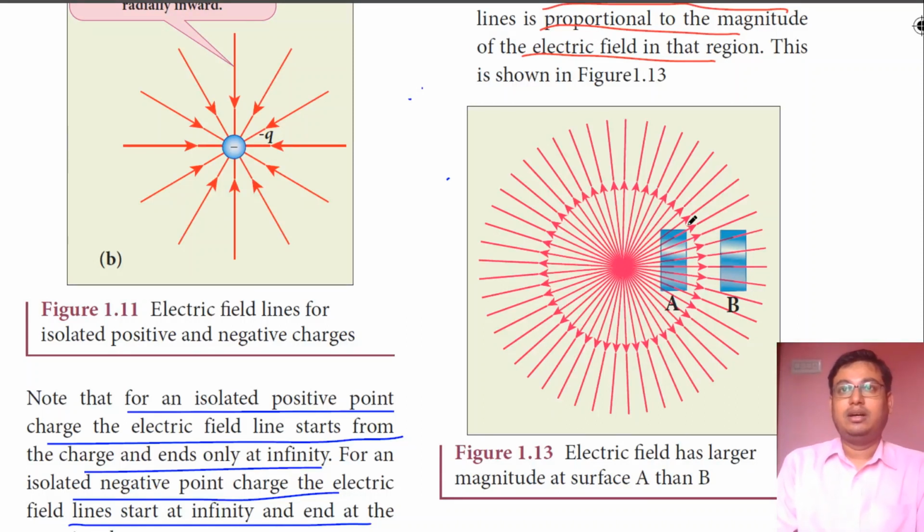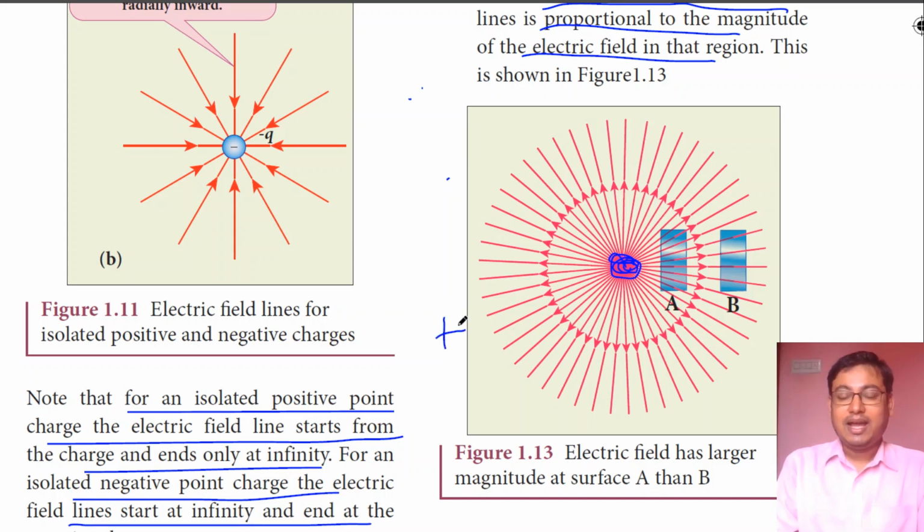As we have already seen, electric field is very high near the charge, and as we go away from the charge, the electric field starts decreasing. So you can visualize the same thing from here. See, at the center you have a charge. It may be a positive charge or a negative charge. It may be a positive charge, because here the electric field lines are going outward, it shows that at the center there is a positive charge.